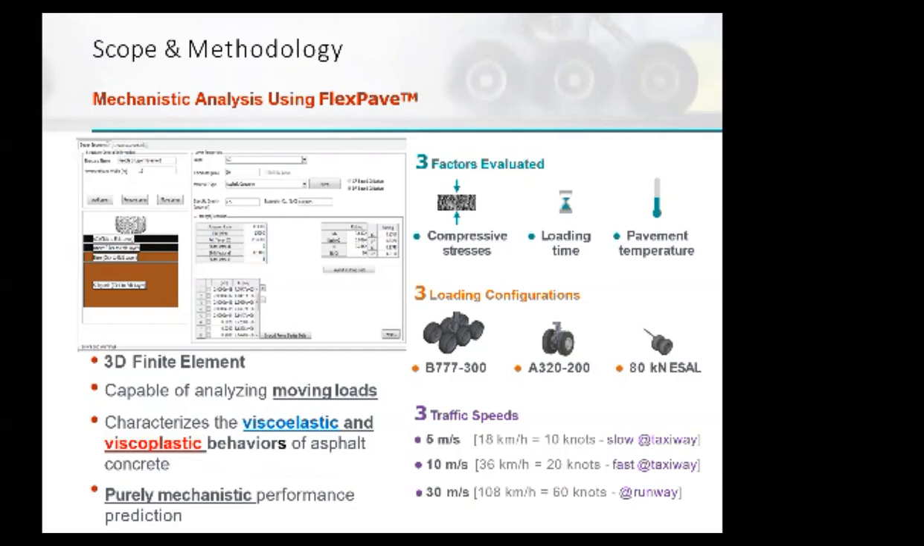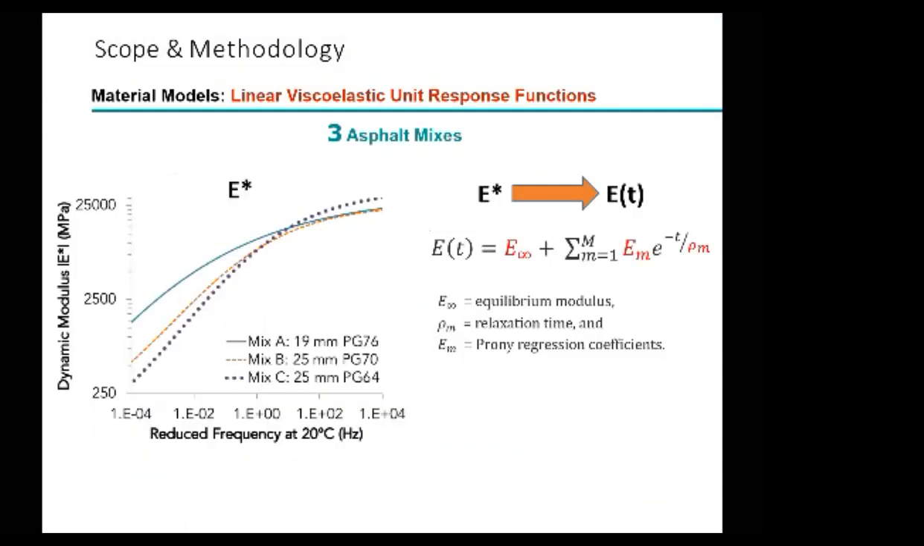And then at the runway, the minimum taxiing speed is 30 meters per second. So you have a variety of traffic speeds that can happen. And all these different traffic speeds do affect the compressive stresses being felt and the loading time. So the traffic speeds need to be looked at when we analyze our pavement, and the loading configuration needs to be looked at. When we're looking at the first step in material characterization, we say, let's just measure the linear